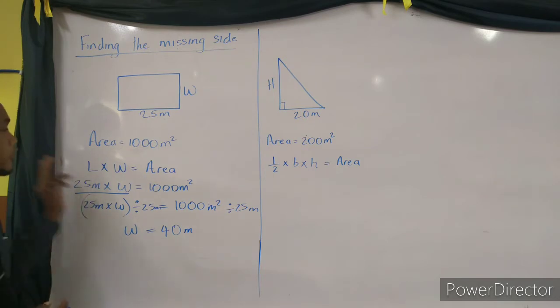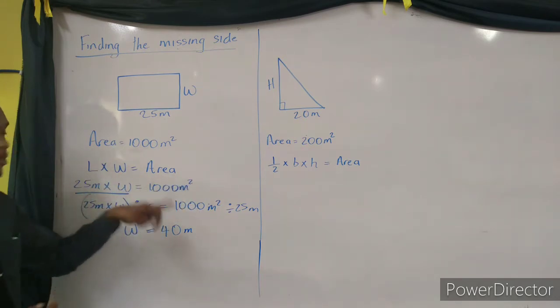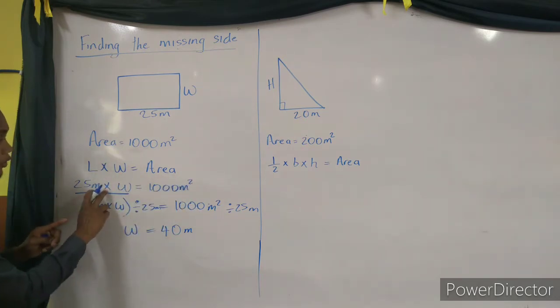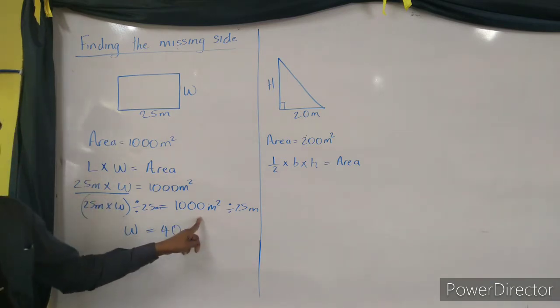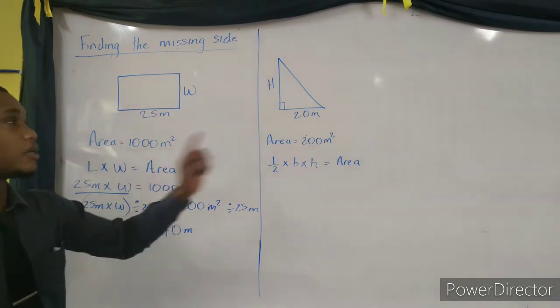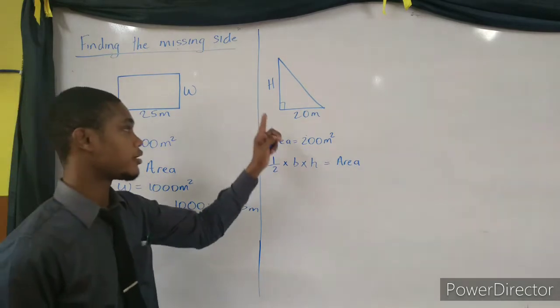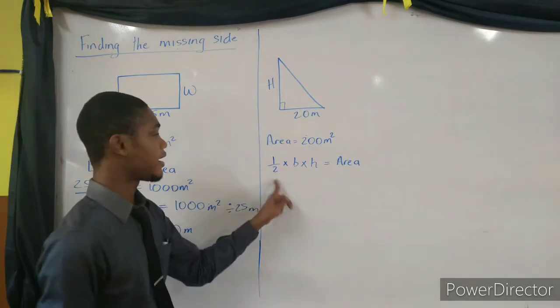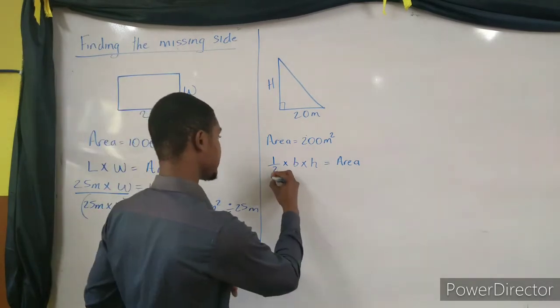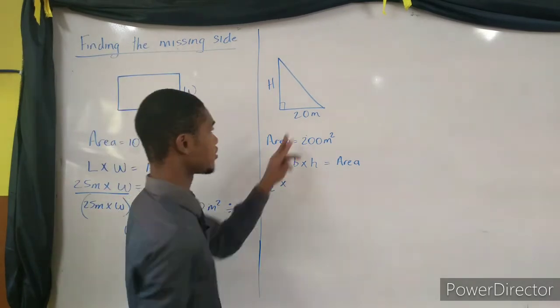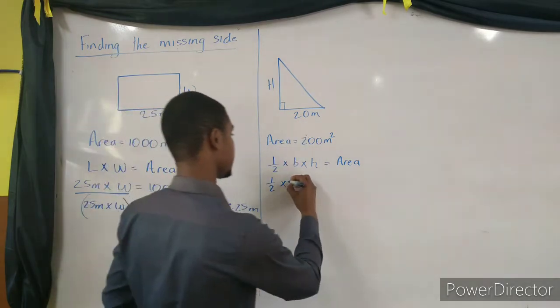So you just simply need to write back your formula, fill in the values, and then whatsoever operation is in your question, you'll do the opposite of it, and you'll be able to calculate the missing side. Same principle applies when you're dealing with the triangle. This is the formula: half times base times height gives you the area. So you'll write it back: half times our base is 20 meters